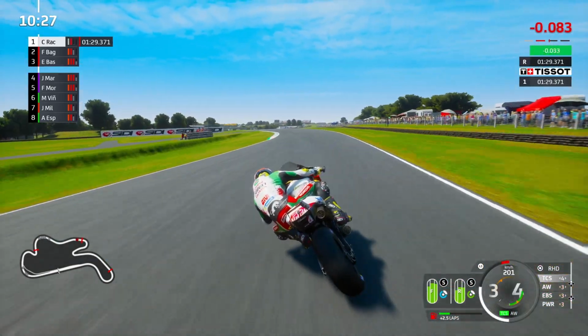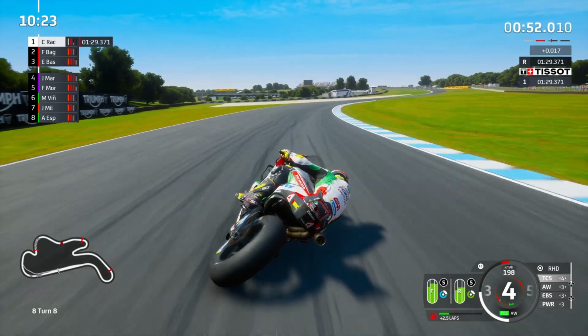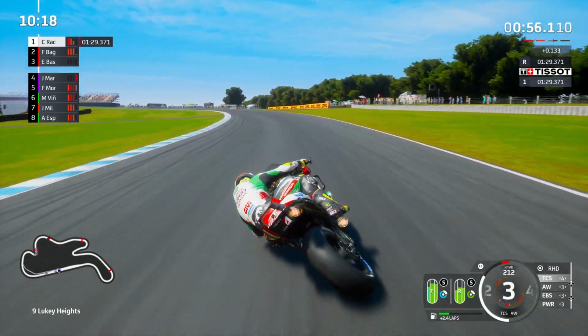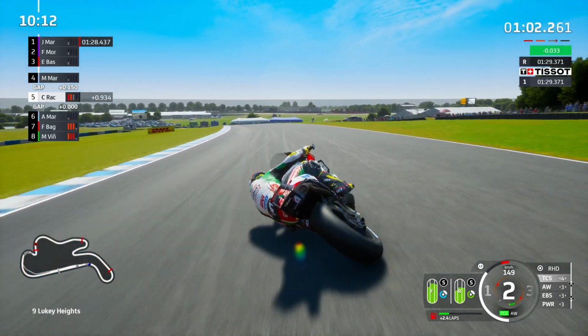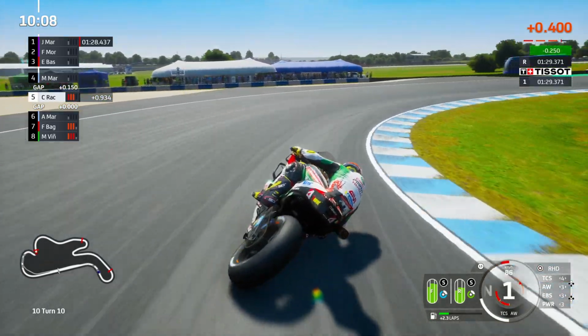Again on the power, again just chipping away at that time. It's the most important thing here, just keep chipping away at that time. We can put ourselves into a better, improved position. So let's just keep it nice and smooth there. We are currently sitting in 5th with the time that we had previously set, almost a second off what Jorge